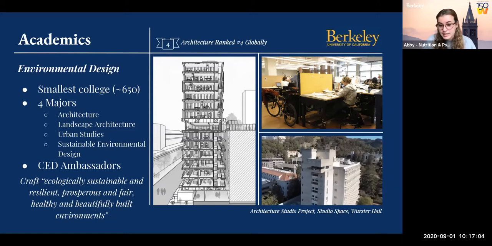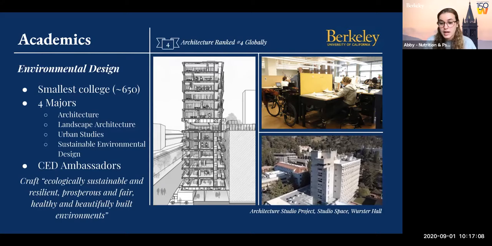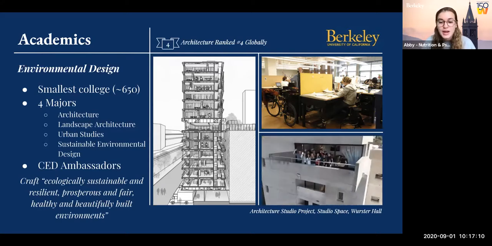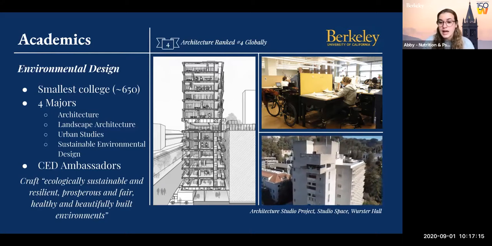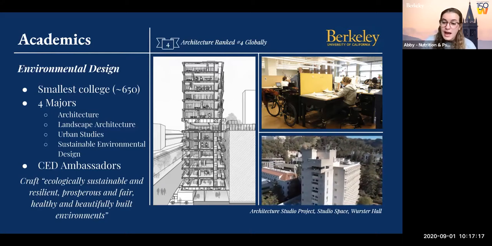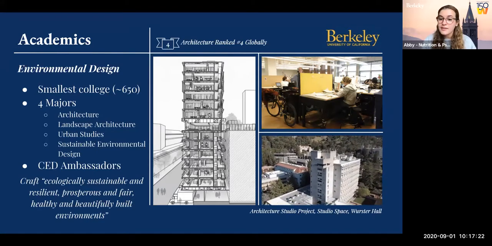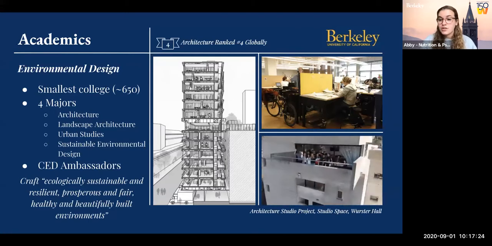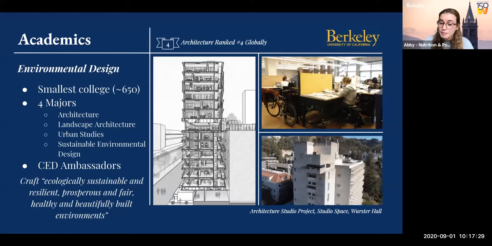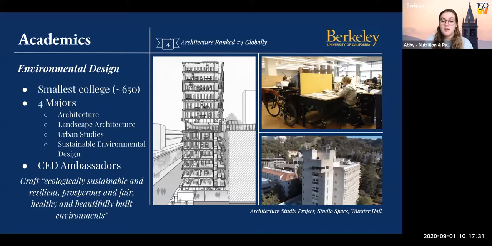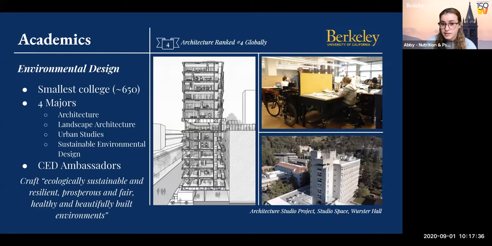In that building, you can see Wurster Hall, that little studio project there, but also to the right, you see the students waving out of Wurster Hall. And that is an amazing building that is also designed so that each architecture student has their own study space. So you see on the top right, this studio space that every single architecture student has to their own, because obviously these planning materials take up a bit of space and your college dorm might not fit it all. So that is accessible to every single student in the College of Environmental Design.